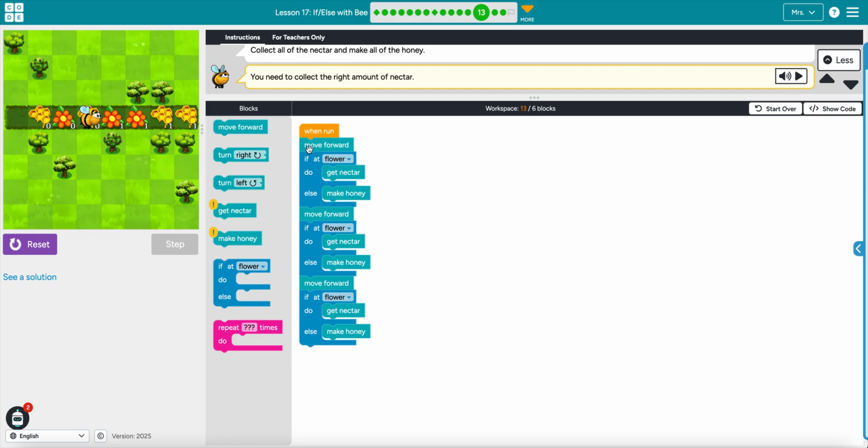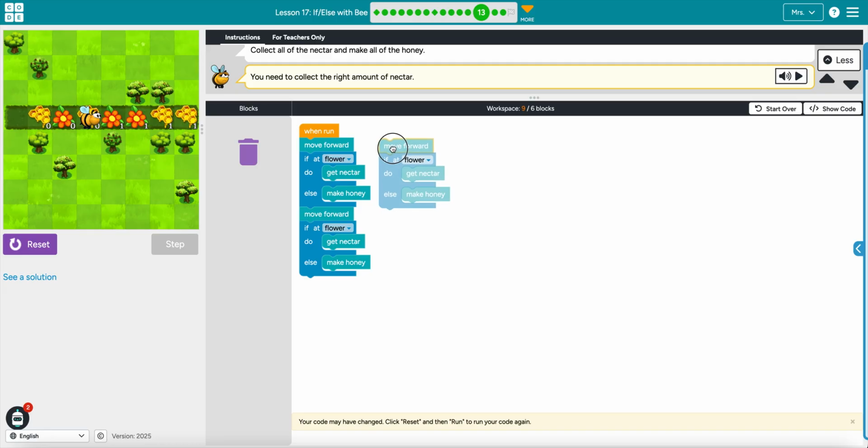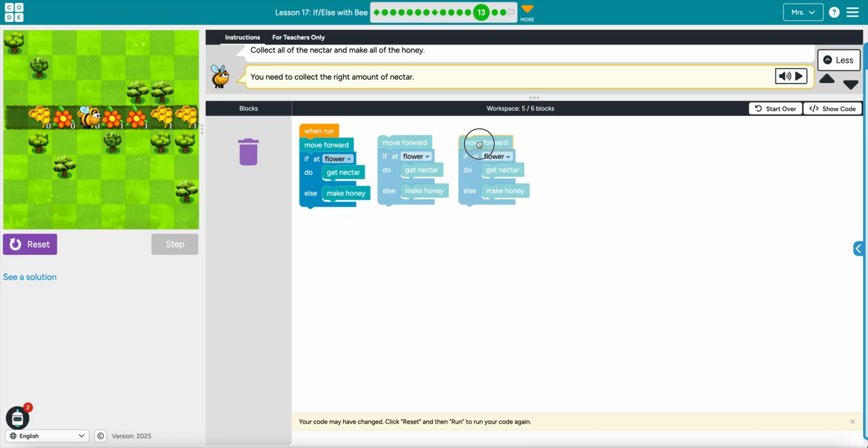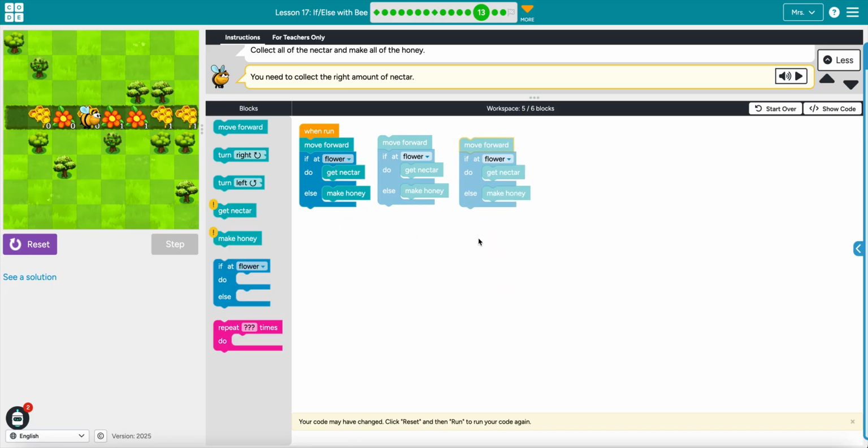We have this move forward. And if I'm on a flower, I get nectar, otherwise I make honey. Look at this. I could take this block, and it really is exactly the same as what's here. And I could take this block, or this unit of blocks, and this is the same too. So maybe what I'm doing is kind of repeating this sequence again and again. So maybe what we need is to bring out our friend, the repeat block,